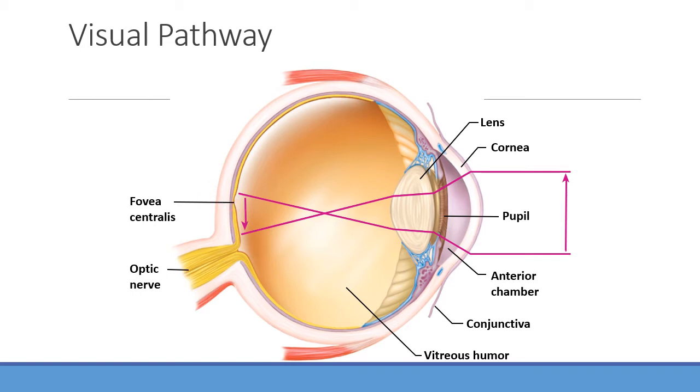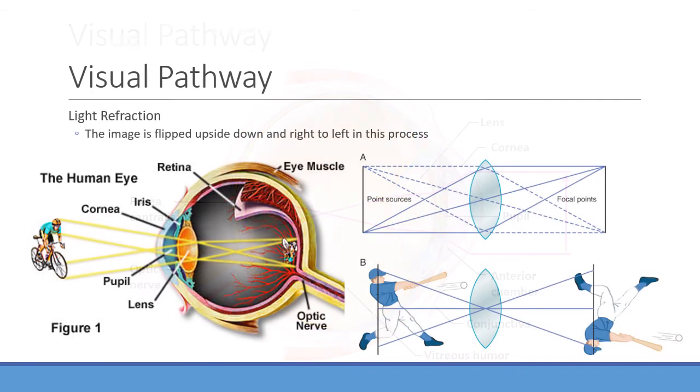Because that's where we're going to get the best picture, and that's where we want whatever we're looking at to focus, on that fovea, because that's where most of our rods are, and there are going to be some cones there as well. That's the highest concentration. Images are typically flipped upside down and left to right when they're focused on the back of the retina. But our brain is able to take those images and make them right side up for the most part. So that's an important feature.